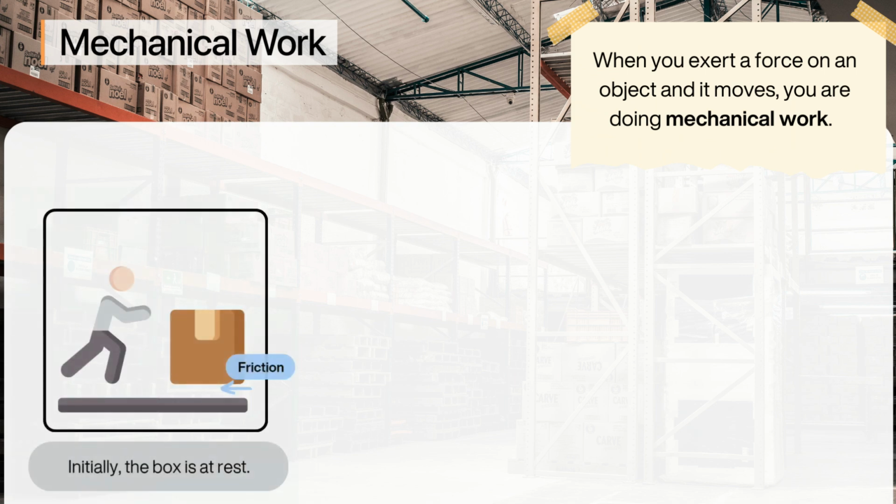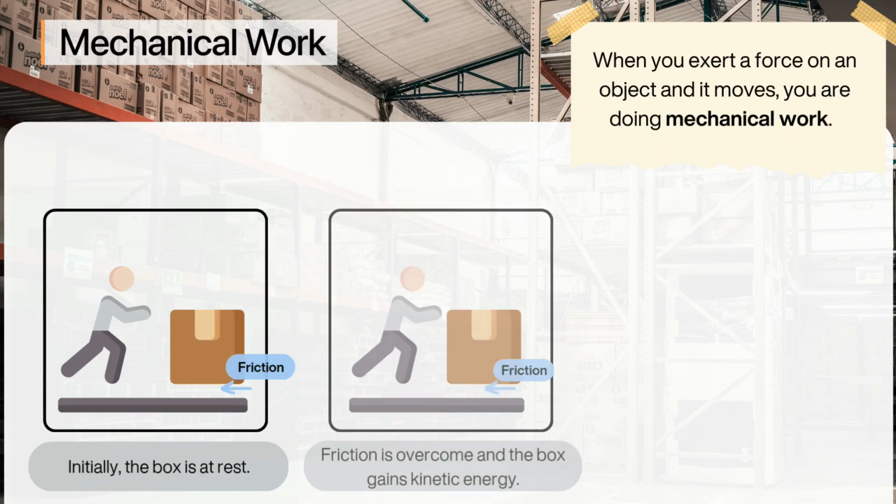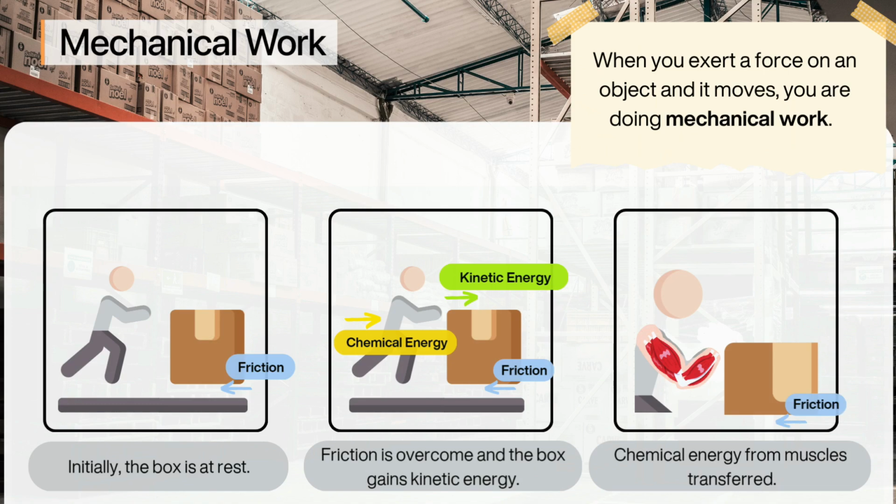Initially, the box was at rest and needed force to overcome friction and start moving. As you push the box, the chemical energy stored in your muscles is converted into kinetic energy in the box. This kinetic energy is the energy possessed by the box due to its motion. This transfer of energy illustrates how the force applied to the box causes it to gain energy and move, demonstrating